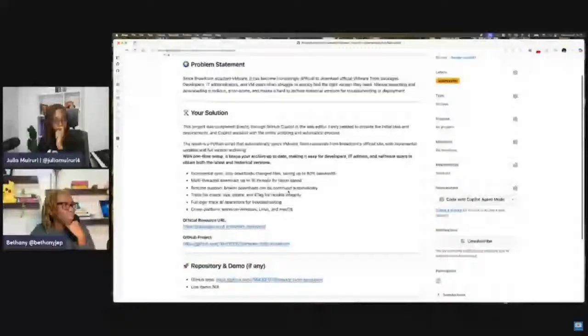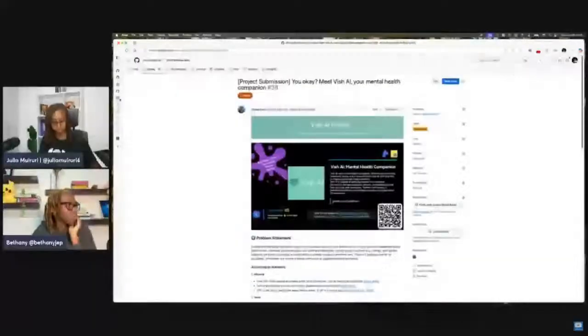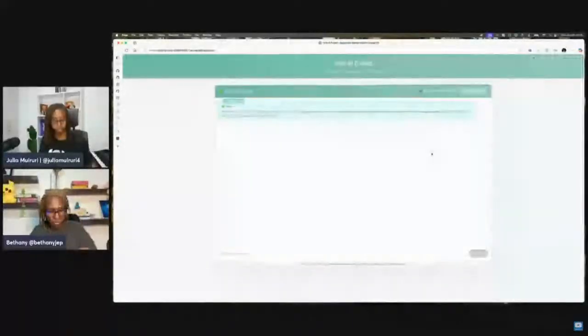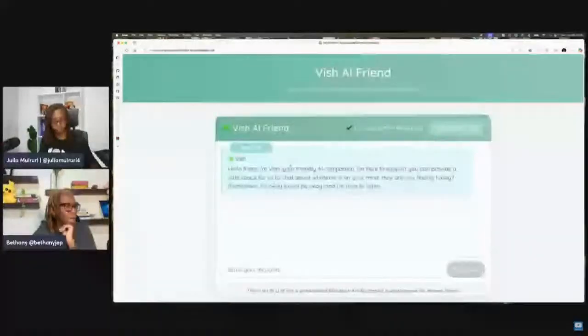And then we have a couple of interesting projects. All of them are chat interfaces for different use cases. The first one is this project by Toshi that talks about how you have your own mental health friend. So I tested it out. I hope you can see my screen, but let me zoom in a bit. So this is my friendly AI companion, and the idea of this is to support you and provide a safe space so you can chat about how you're feeling, and the idea is just to listen.